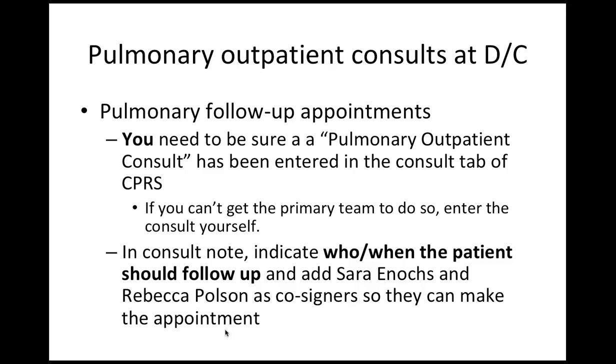Pulmonary outpatient consults at discharge. When you're seeing a patient in the hospital and your attending feels that they need an outpatient follow-up, or you feel that they need an outpatient follow-up in pulmonary clinic, it's your responsibility to be sure a pulmonary outpatient consult has been entered into the consult tab of CPRS. The primary team is generally the team that should do this, but if you're unable to get them to do this, in the end, I would rather you put the consult in yourself than have the patient get lost to